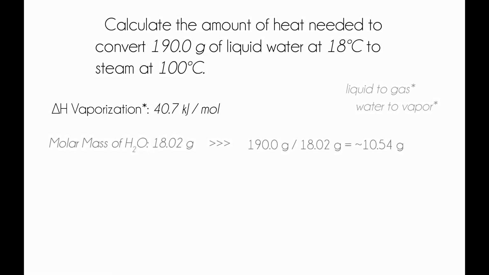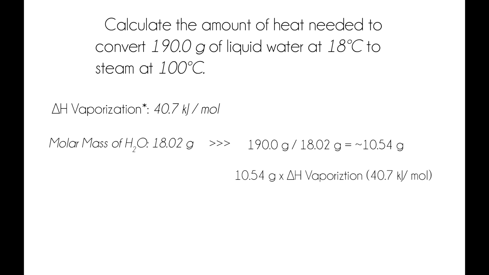So in order to do this, we just need to put 190 grams of liquid over the molar mass of water, which is 18 g, and that'll give us about 10.54. And then we just simply multiply it by 40.7, which is the constant of delta H sublimation, and that gives us about